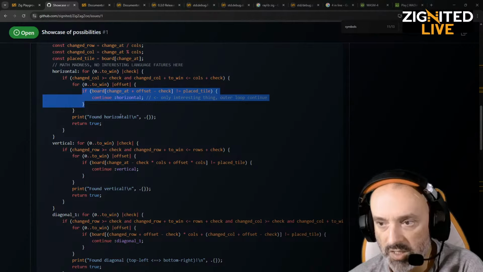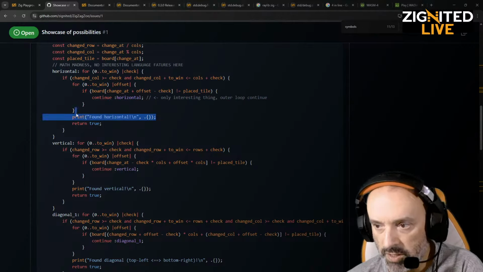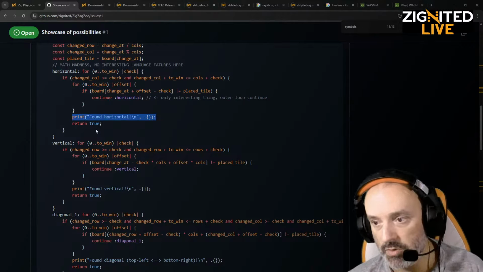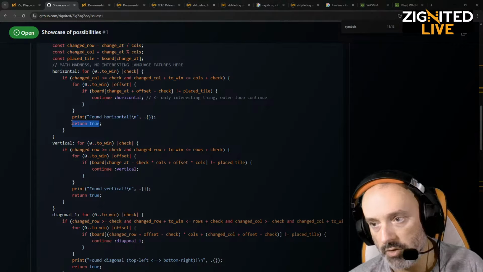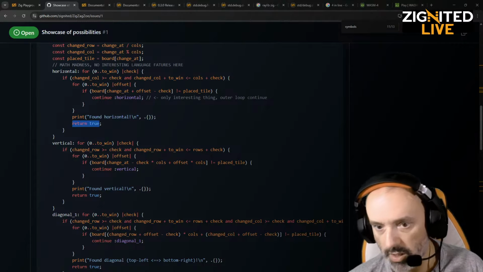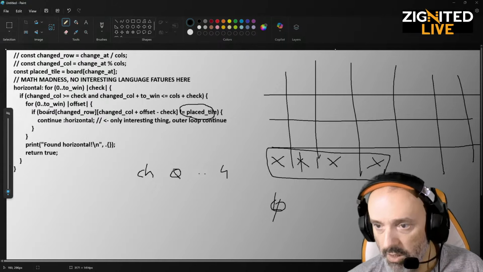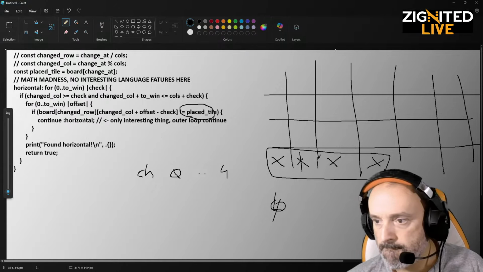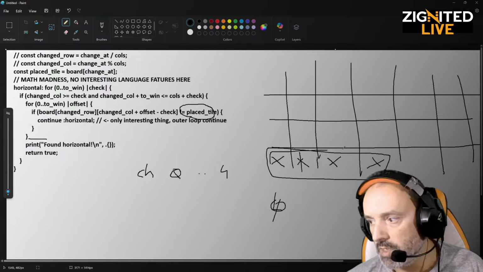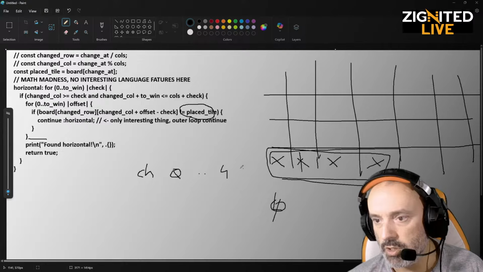So if you pass to this, it means you found the winner and then you return true. Yeah, okay, makes sense. And let's see here in this example. So we know here if we pass here that we have a winning situation. Otherwise, it will check